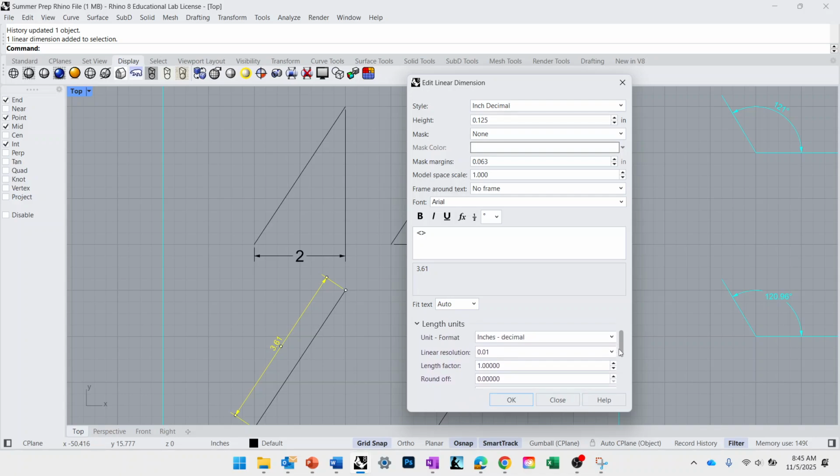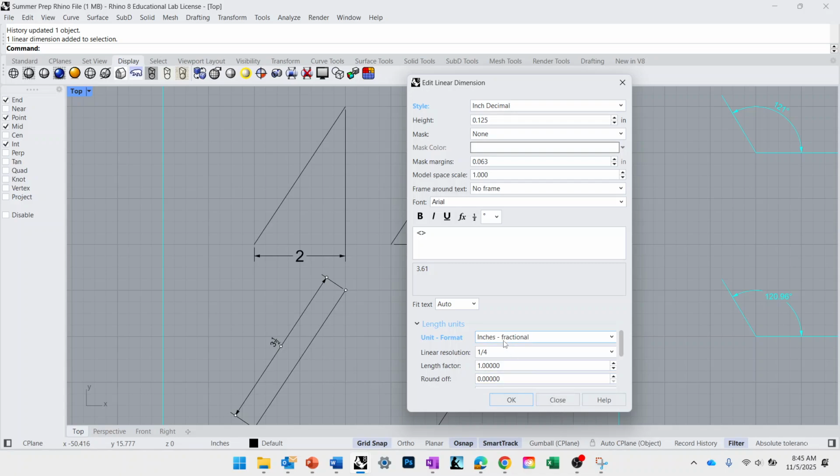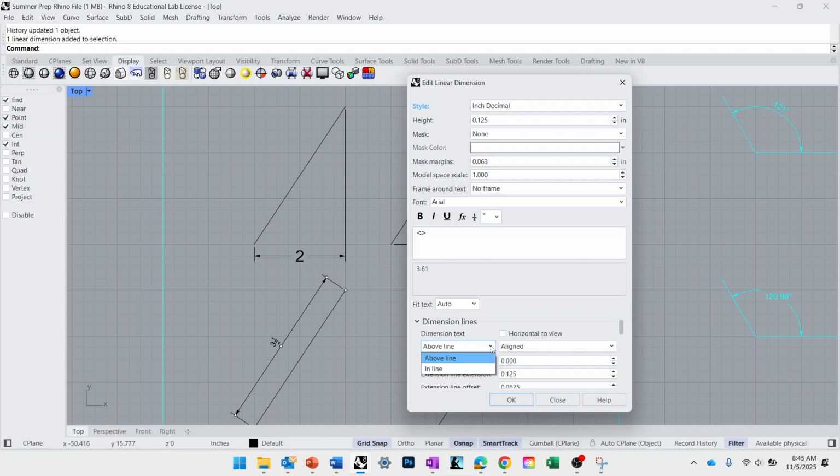Did I just miss it? Length units. Here we are. Inch decimal, inch fractional. I find that I would prefer it to be horizontal to view. So dimension lines, instead of above line, I'm going to have inline, and instead of aligned, I'm going to have horizontal,